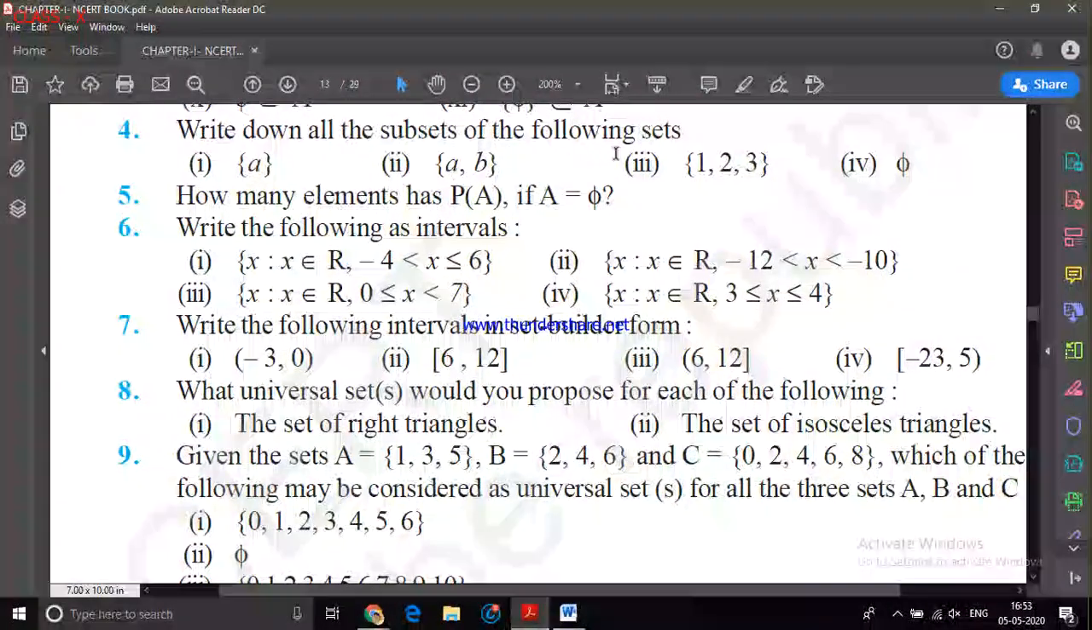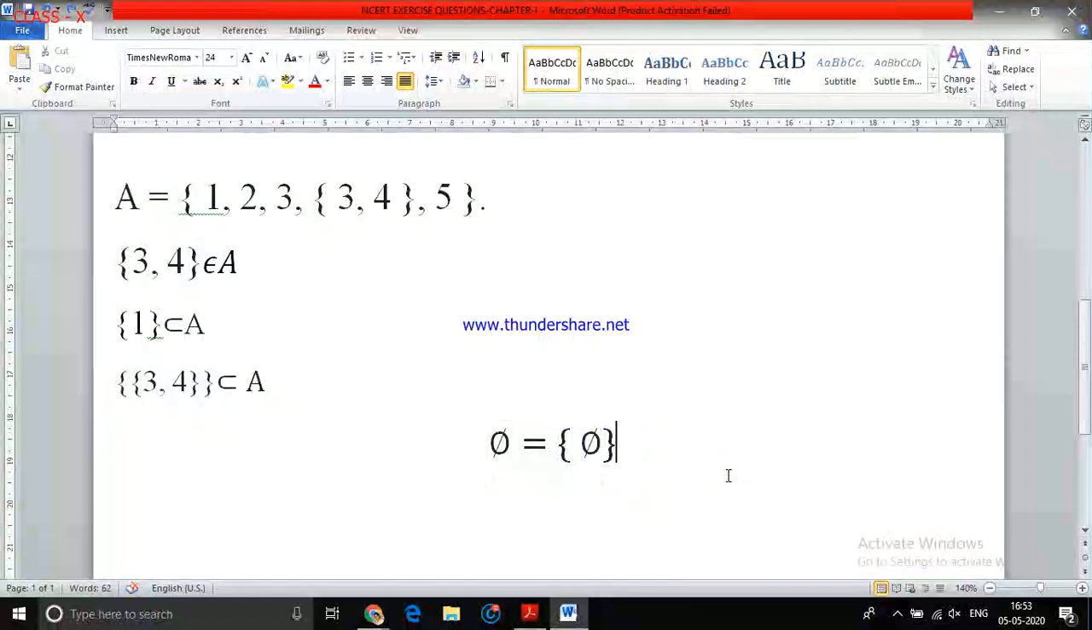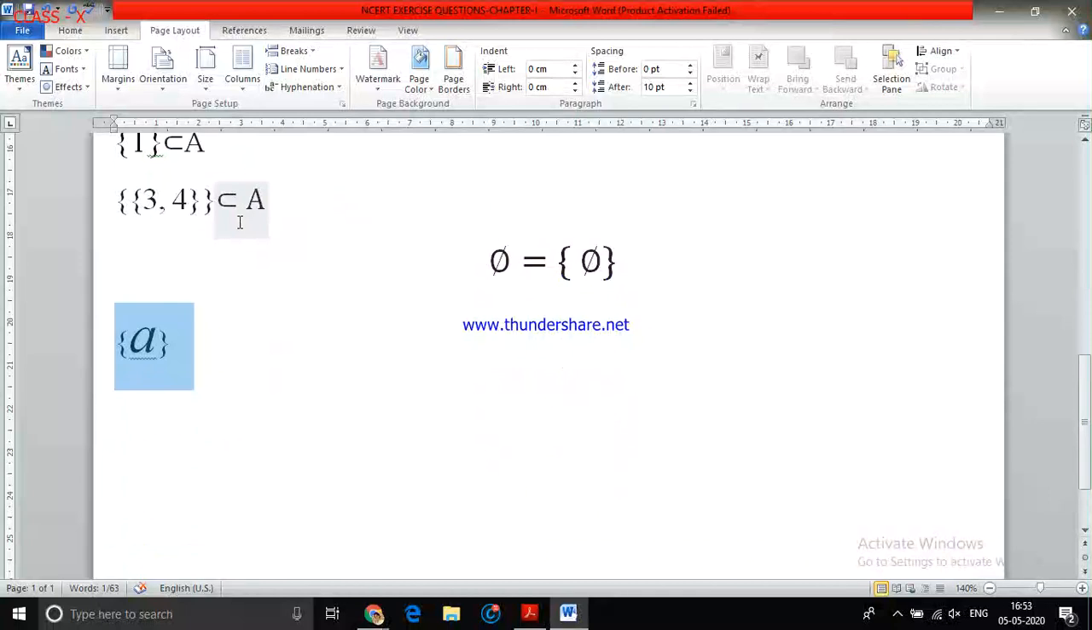Now write down all the subsets of the following sets. All the subsets means the power sets. I think they are introducing the power set in this example. If I have only one element, the power set of this one is, let me paste it. I don't know why it gets smaller in size when you paste it. If I take this one, this is a set. Maybe you can call it set A. Then if I want to